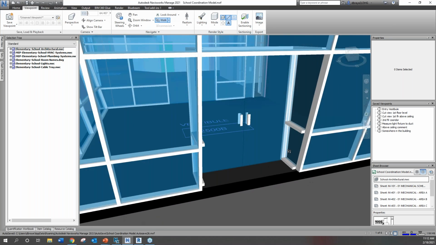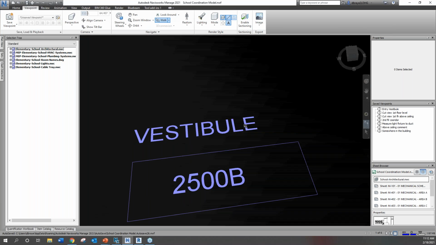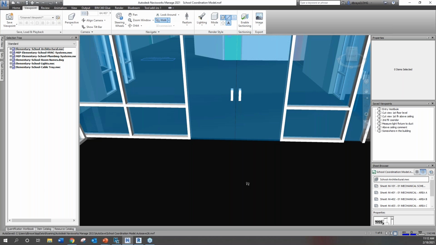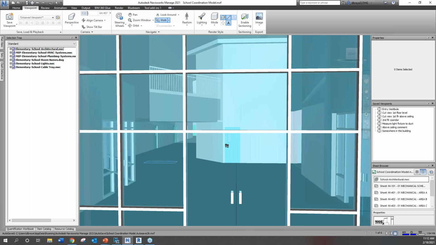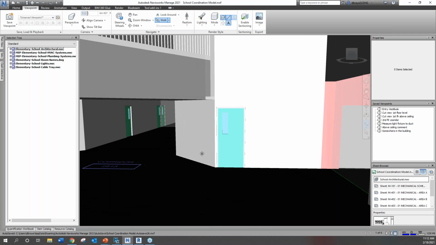There we go. So as you can see here, I'm in the main vestibule. One other nice trick that I like to do is within Revit, I export out all of the room names of the building. And so that way, anytime I'm walking in the model, I know exactly where I am. And as you can see here, from a design standpoint, this particular